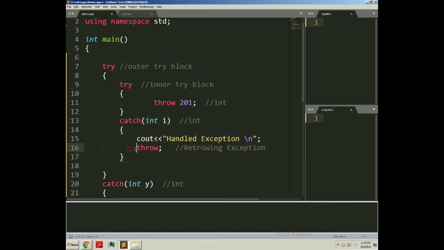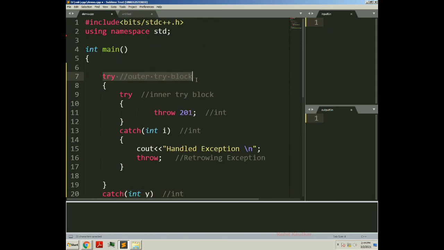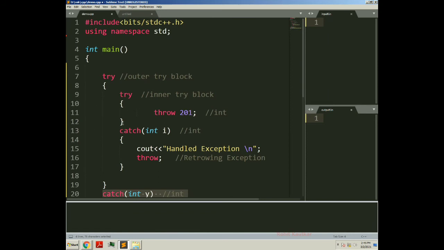After catching, we can rethrow the exception using the throw keyword, and it will get caught in the catch block written for the outside try block. This is how nested try blocks and rethrowing exceptions work.